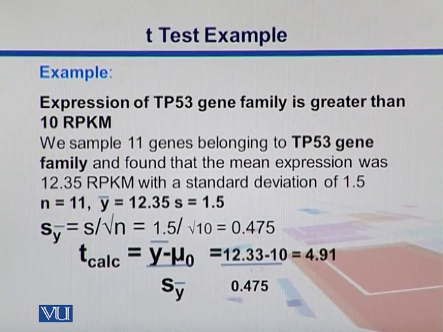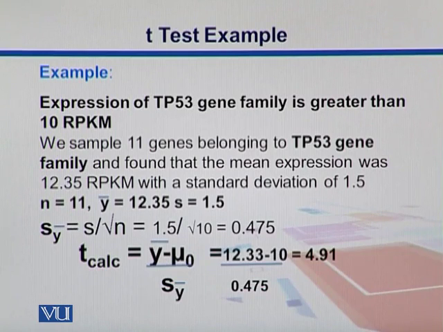So here we are interested in expression of this TP53 gene family. TP53 encodes a protein called P53, which is a tumor suppressor gene. We believe that this expression is greater than 10 rpkm. We sample 11 genes, say they are belonging to TP53 gene family, and we found that the mean expression was